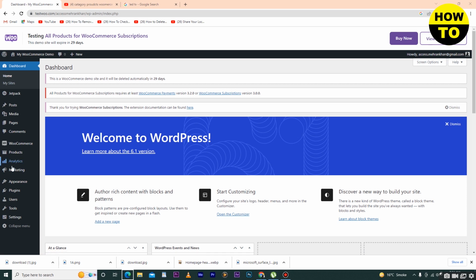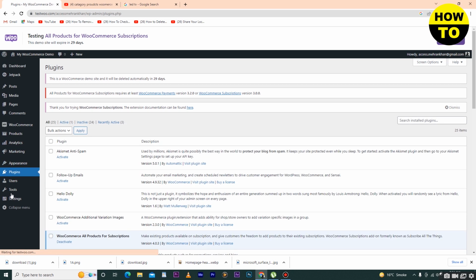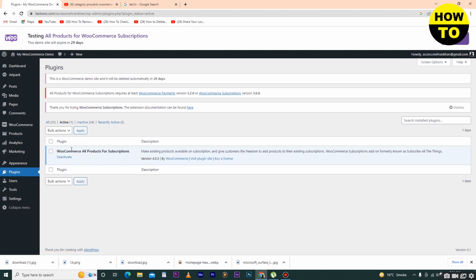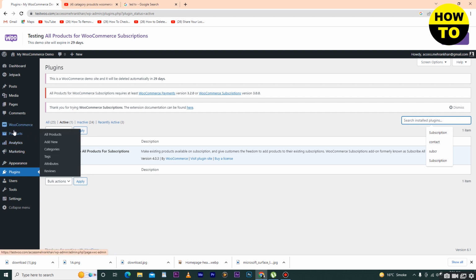So simply go to plugins, and after that you have to install this plugin. Simply search for this plugin, and after that you have to activate it. Now my plugin is already activated. Here you can see my products plugin is activated. So simply go to products, and after that go to categories,